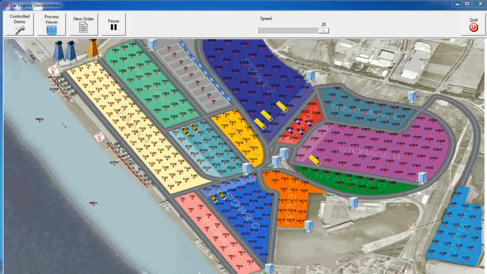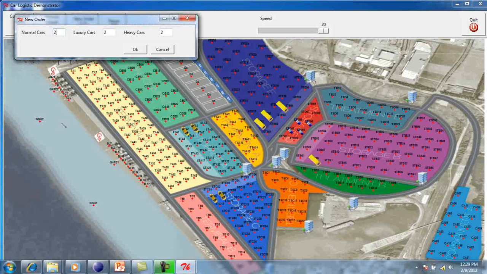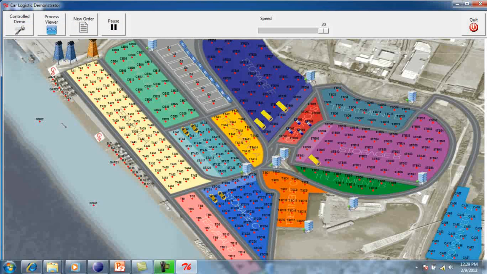Now we will place the order for treatment and shipment using the new order button. The important thing here is that we want to demonstrate the occurrence of new entities in this demonstration.